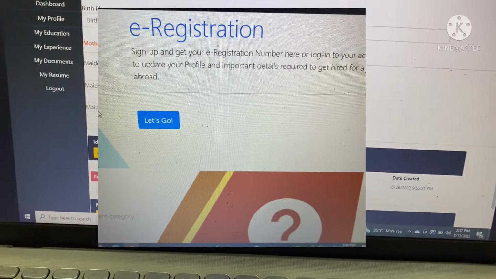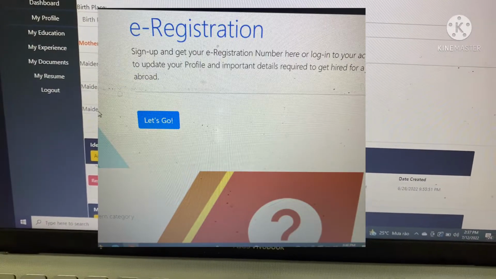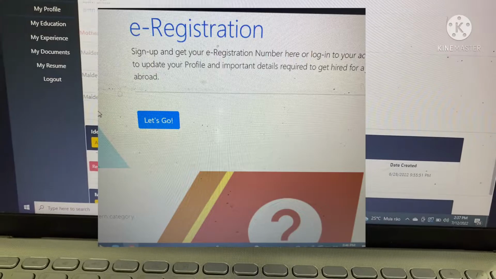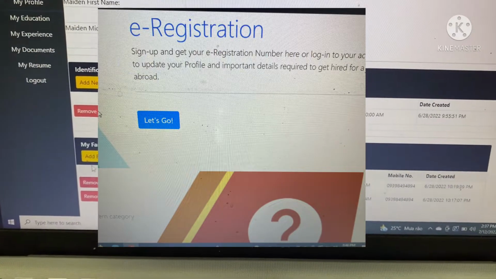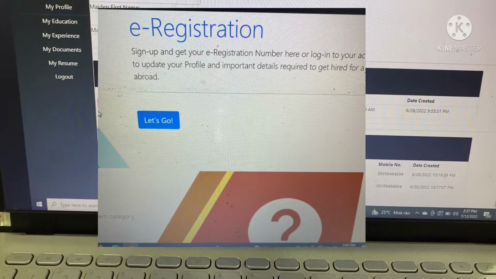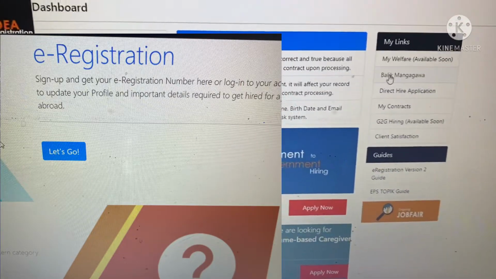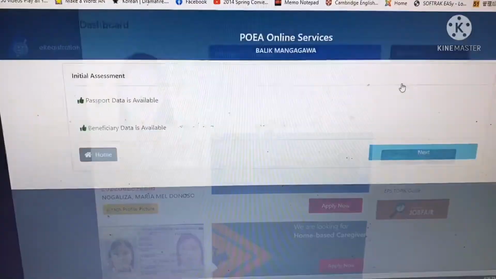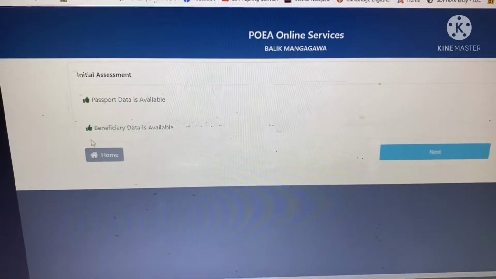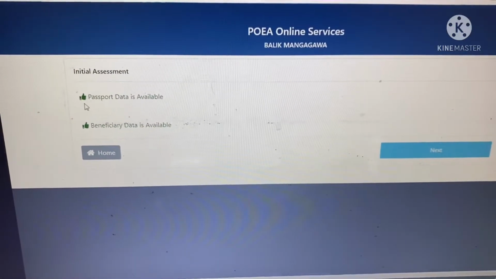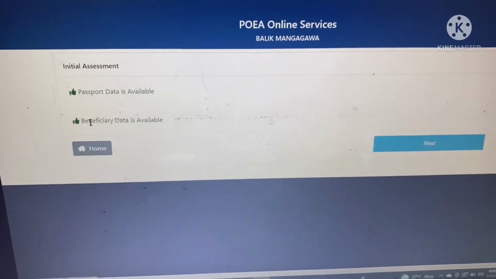For your identification, your passport and email. Now click Balik Manggagawa, and as you can see, these are all checked already.